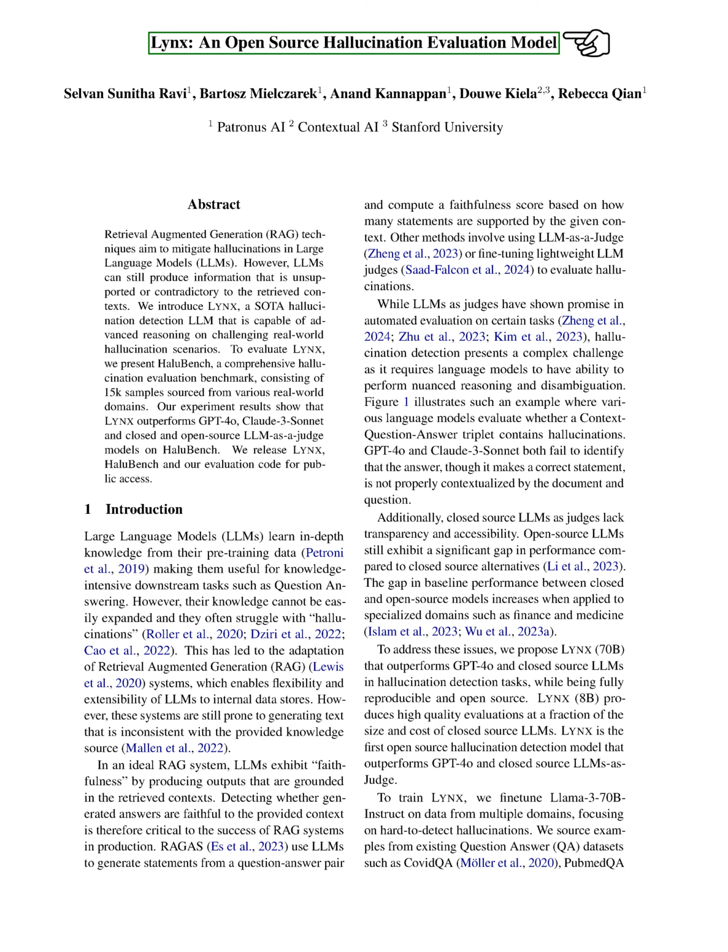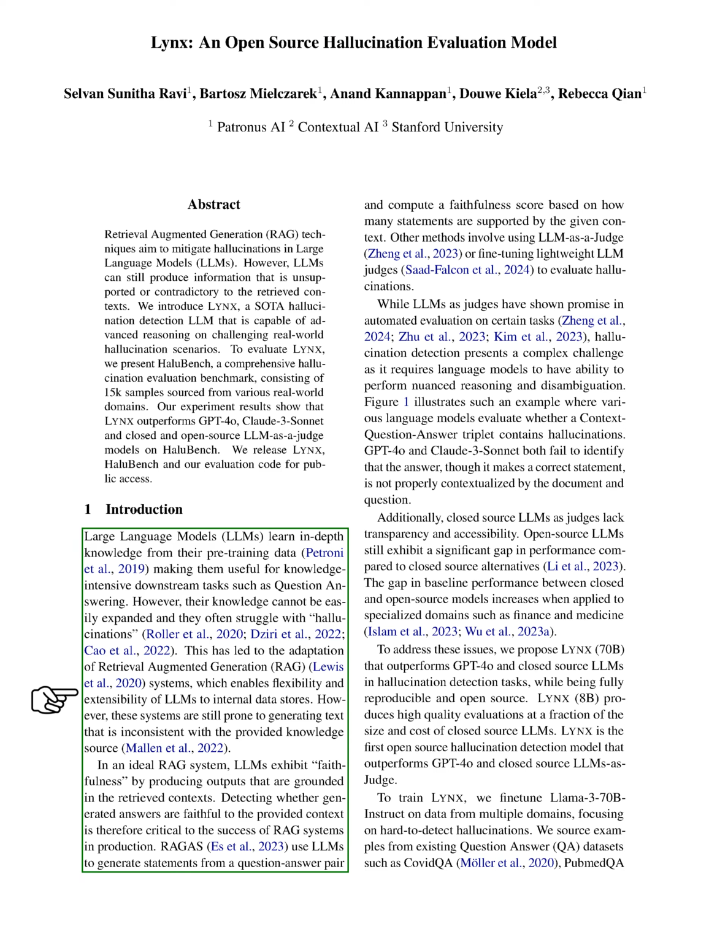Section: Introduction. In this section, we delve into the realm of large language models, LLMs, and their challenges when it comes to generating accurate information. We explore how retrieval-augmented generation (RAG) systems have been developed to enhance the flexibility and extensibility of LLMs by tapping into internal data sources. However, these systems still face issues with generating text that aligns well with the provided knowledge source. Our goal is to ensure that LLMs exhibit faithfulness by producing outputs that are firmly rooted in the retrieved